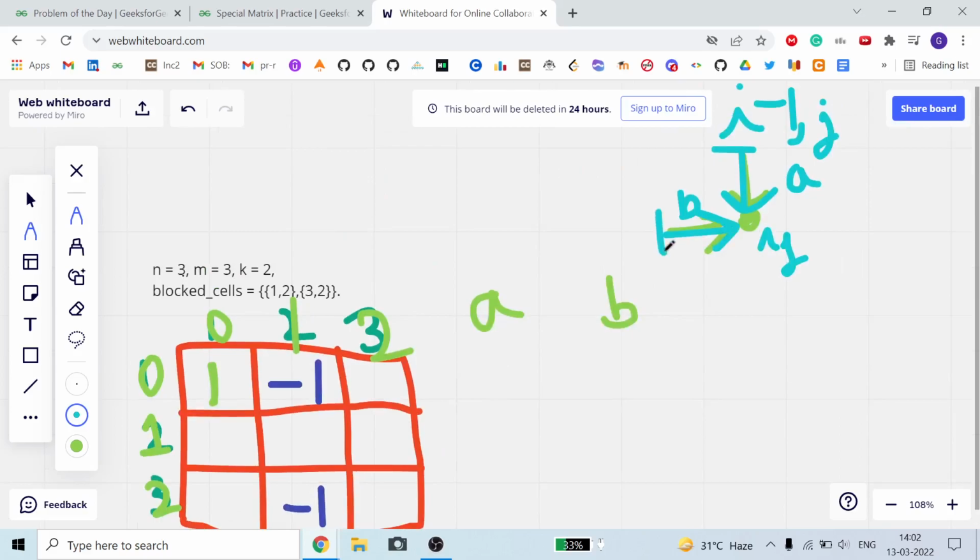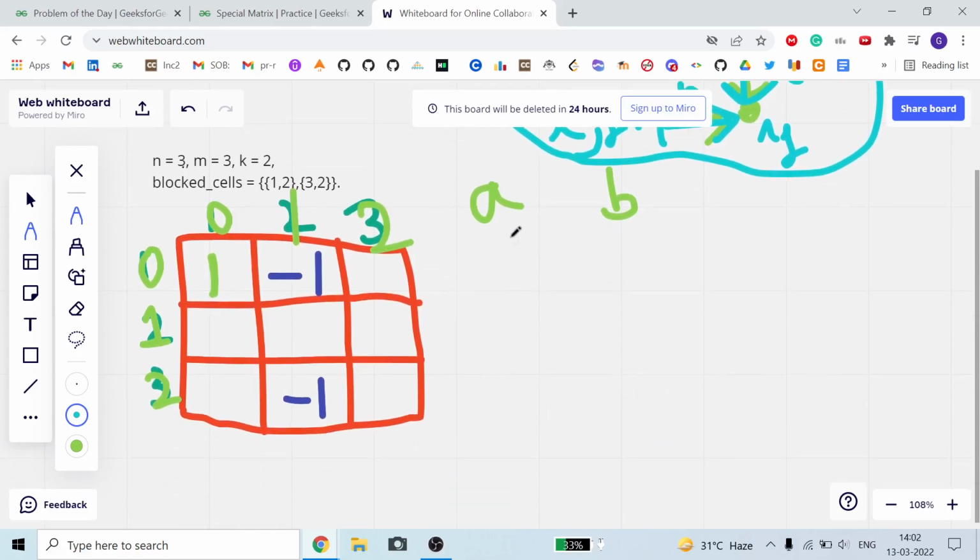Similarly, this index is i: the row number remains the same, but the column number decreases by 1. So this is the whole base. I need the i minus 1th comma jth index. So what two conditions do I need to check for my a? First, i minus 1 should be greater than or equal to 0.